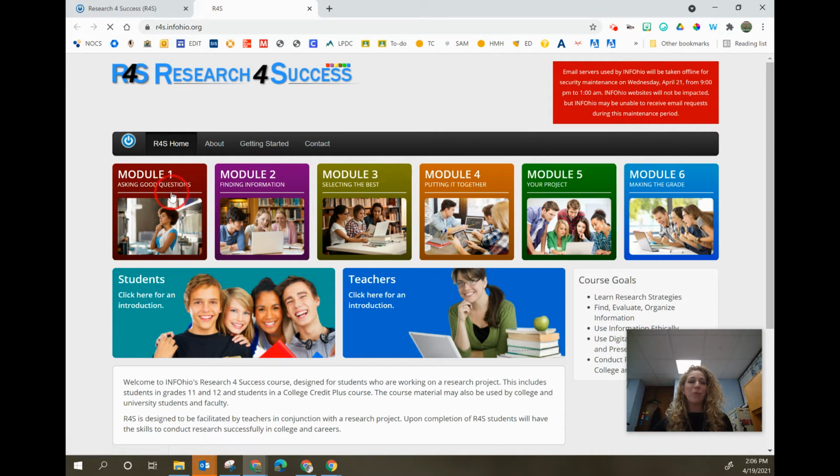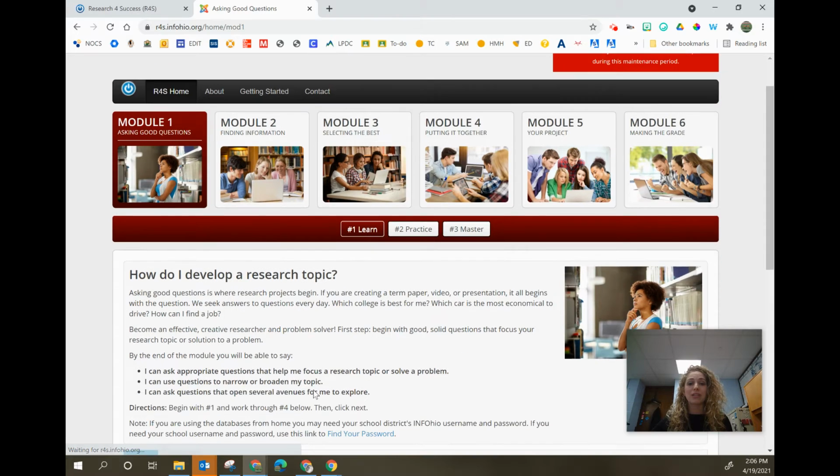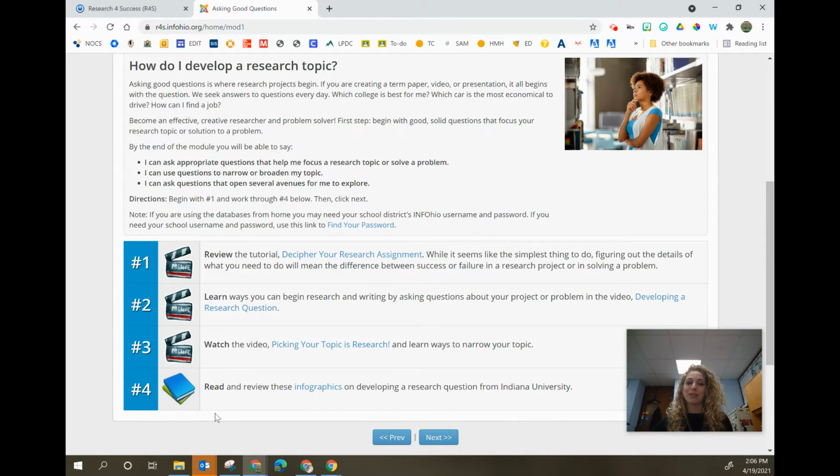And so when I click into each of these modules, there are these wonderfully curated resources that have already been put together that I can use in their entirety. I can look through them and think about how they're talking about developing a research topic and the 4 steps that they take. And I might even adopt those same 4 steps when I'm teaching things to students in the classroom, because maybe this is an area in which, as a teacher, I'm still struggling with helping students do this